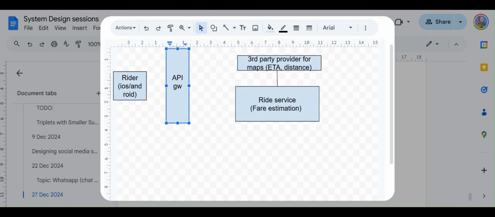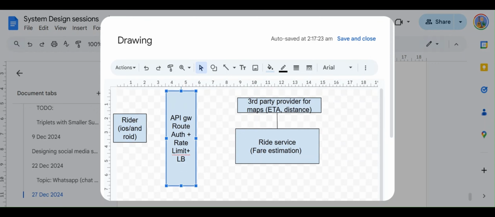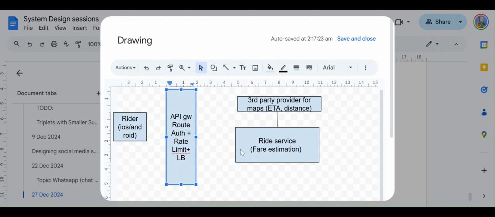So you could just mention that we can have over here auth plus rate limiting plus load balancing, so I'll just mention LB. The major and basic purpose of an API gateway is to route the request. It's basically a router for the API request, mapping it to the appropriate microservice which is handling that request. That's the main purpose of it.